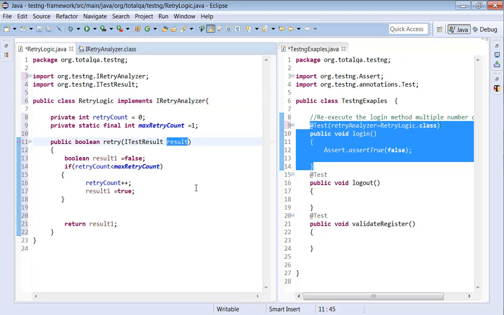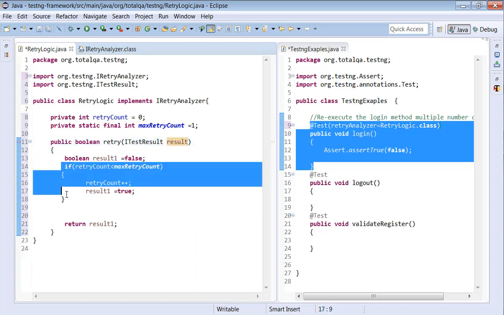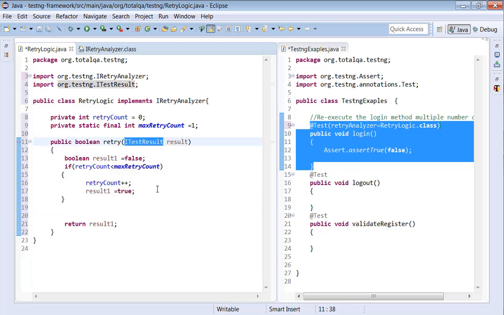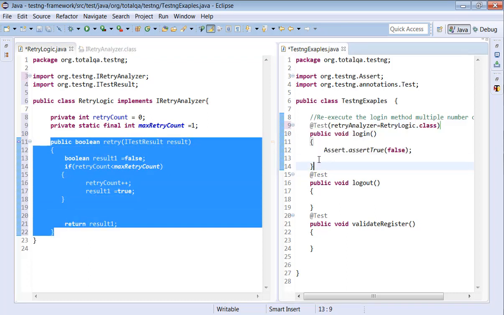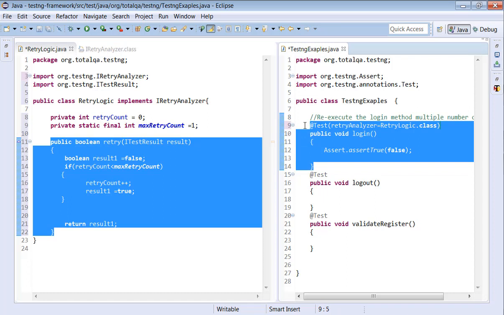The result is false. When the result is false, it will go inside. Then it will try to execute till the condition is true. ITestResult contains the status of the test case. The test case is either pass or fail. This method will be called whenever the test method fails.